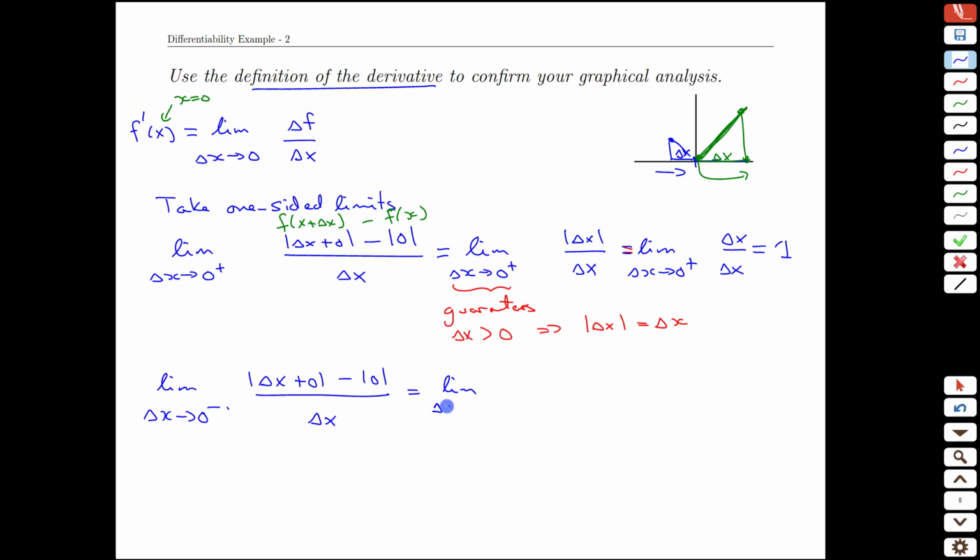That means this first simplification ends up the same way as well. Delta x plus 0 is just delta x, still in the absolute value, and delta x on the bottom. What changes now is that delta x is going to be less than 0. And if we're working with absolute values, we have this counterintuitive result that if I have a negative number and